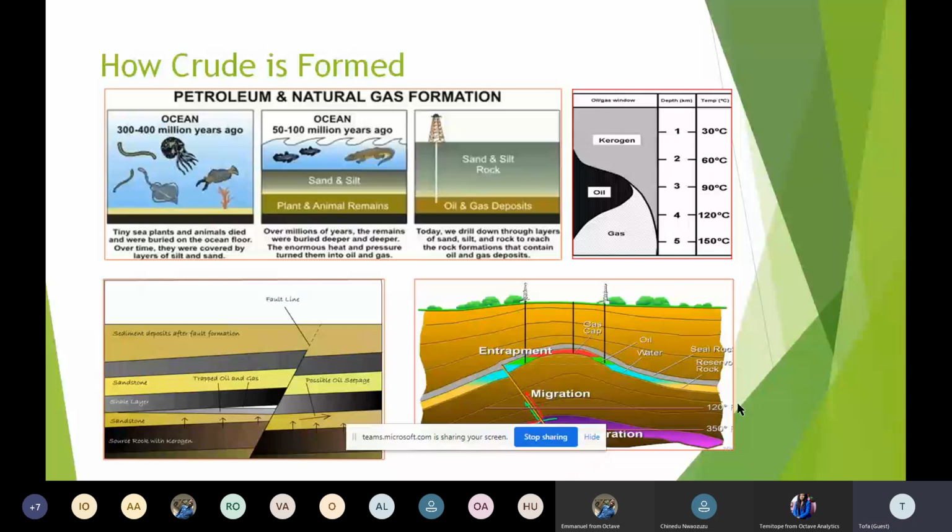So the diagram I'm showing on this slide simply gives us some form of a historic look. It is believed that in the prehistoric times, there were some animals and plants that existed then. They died off during some geological events and some biological events actually. And then they were buried, and some of their remains and some of the remains of animals and plant materials that may have lived over like 550 to 100 million years ago now form part of what we know to be oil and gas.